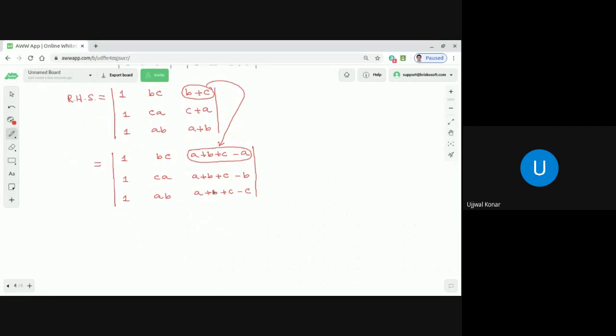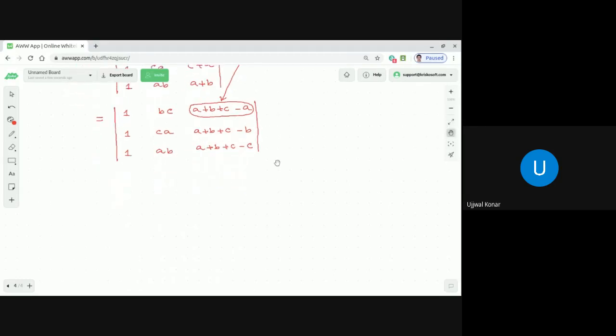What is the interesting thing? If you recall, if some elements, either row or column, are expressed as a sum of two terms, then you can express the determinant as the sum of two different determinants. So that means what I can do is write this thing as equal to